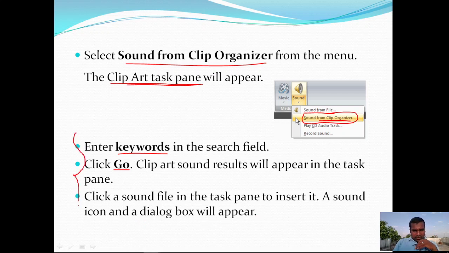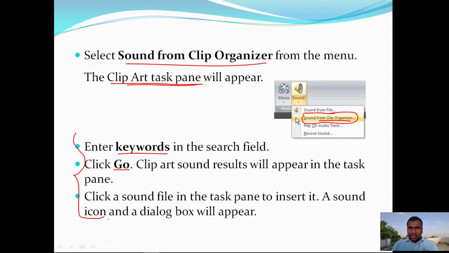After selecting sound from clip organizer, you will find that the clip organizer has several different sounds. You can retrieve any one of those sounds by entering keywords like claps, camera sound, or audience sound.